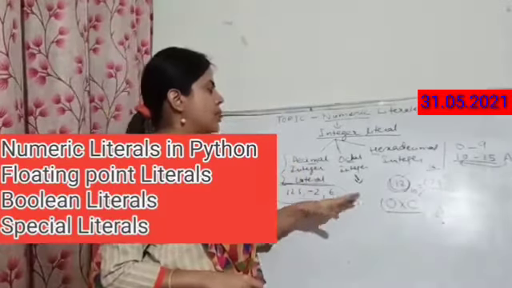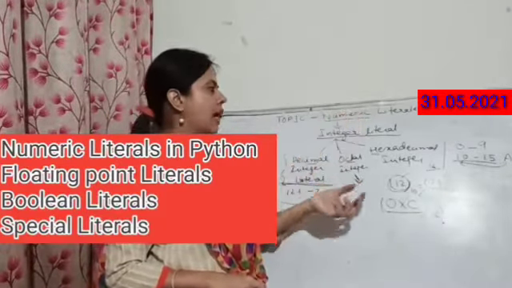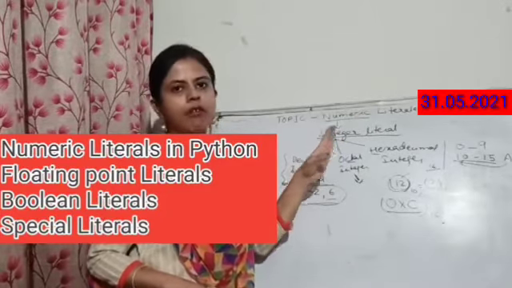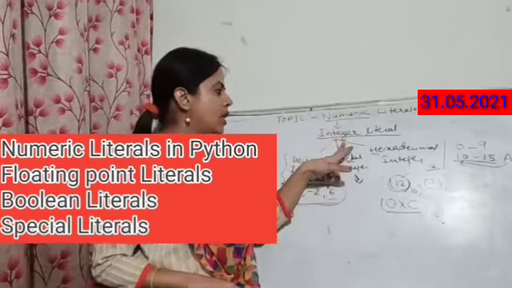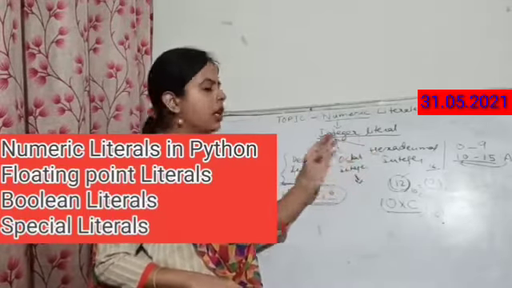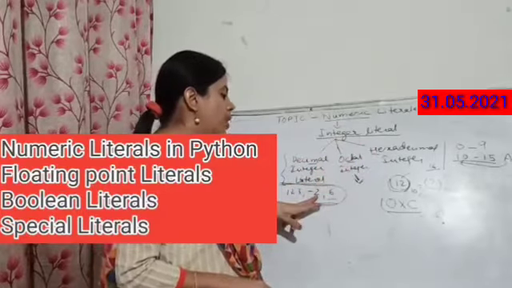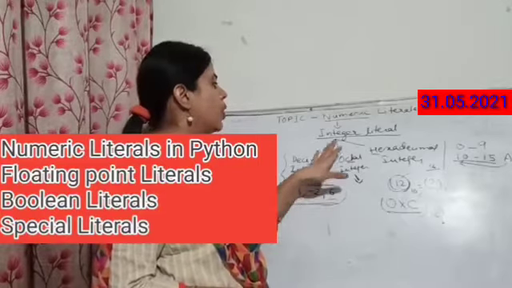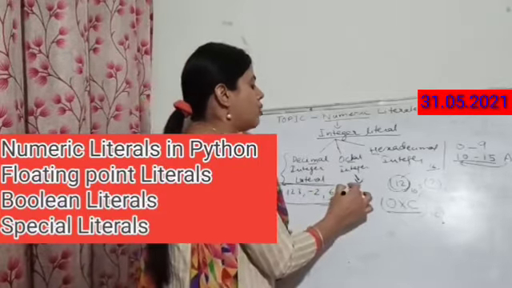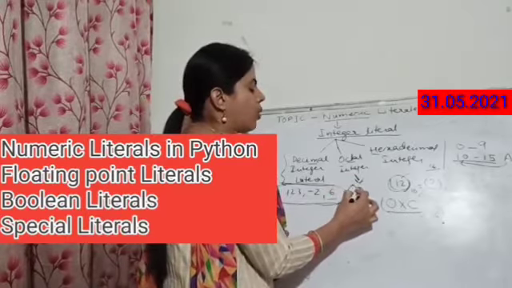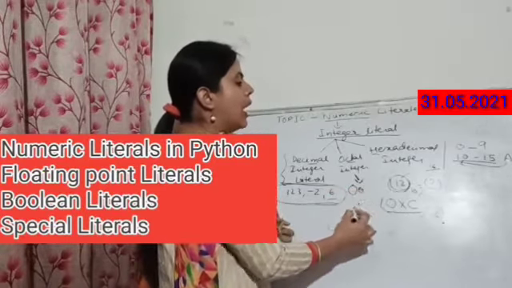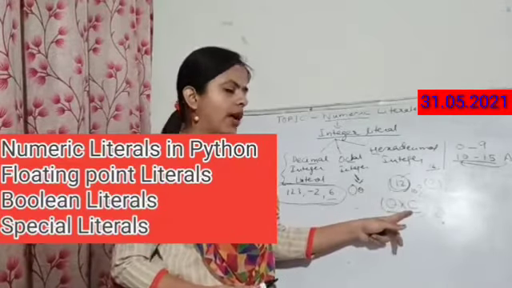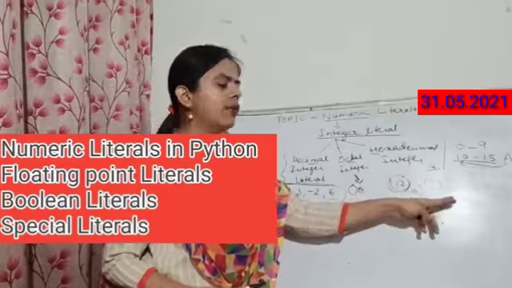Right? You have to understand that numeric literals are further divided into three parts: integer literal, floating point, and exponent. The integer literal is again divided into three parts: decimal integer literal, a whole number which should not start with 0 and can contain any positive or negative number; octal number, which is represented by 0 followed by the letter O and then the value; and hexadecimal, which is represented by 0, X, and the value. Now suppose if the value is long, then you have to divide it by 16.